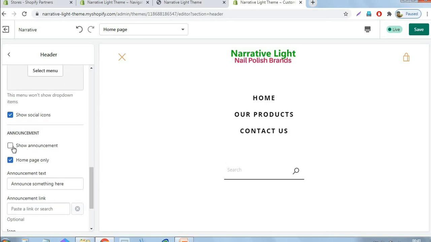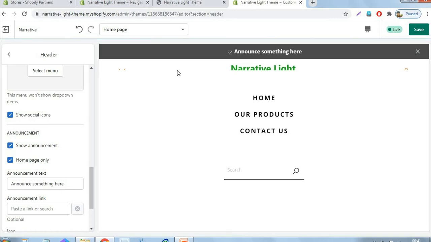Okay, then here we have the option to show an announcement on the top side of the page. See here, announce something here.